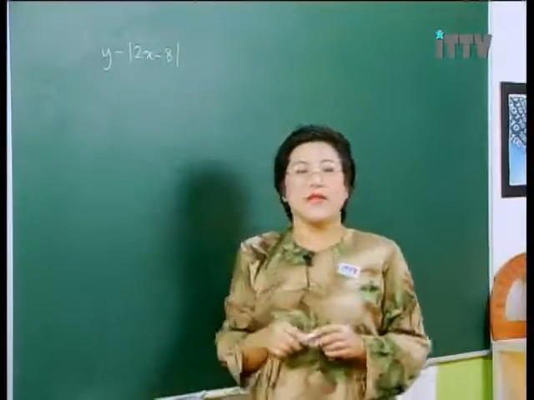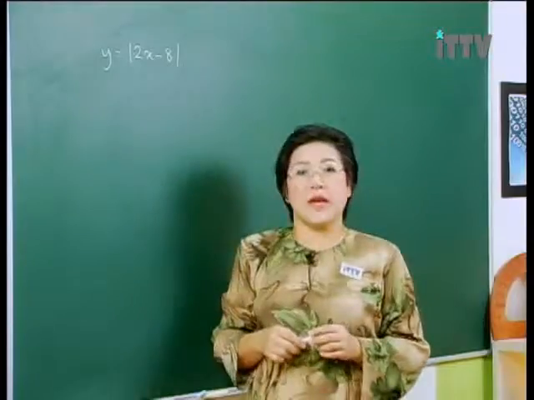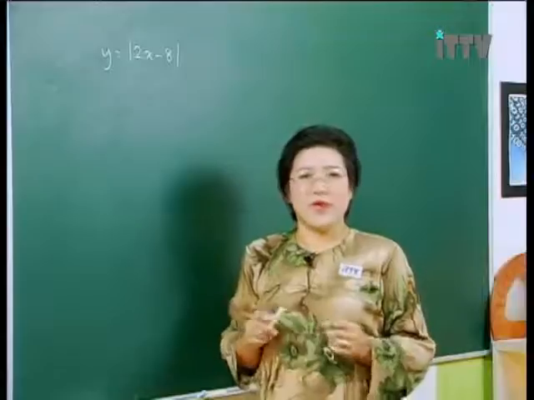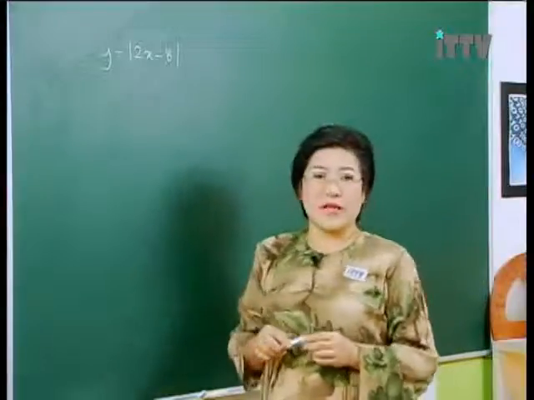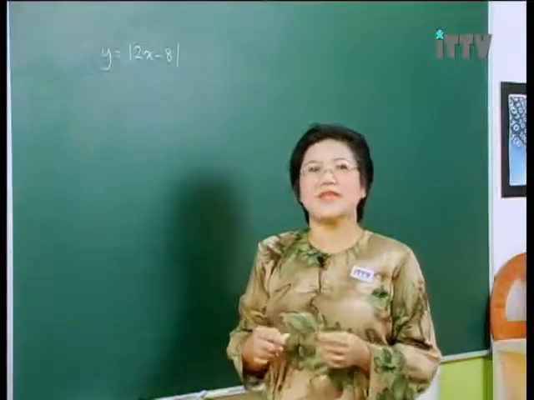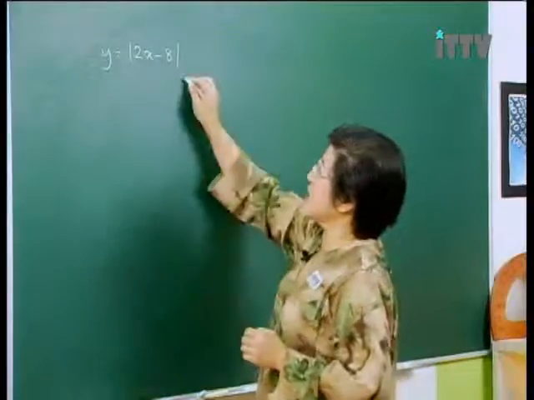Now, as you know, the first absolute value function we used was y equals to absolute value of 2x minus 8. Do you know how to draw the graph of y equals to 2x minus 8 in the first place, viewers? Well, let's take a look at it together. Y equals to 2x minus 8